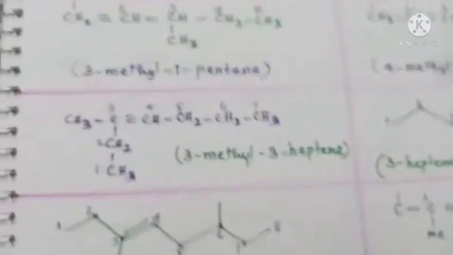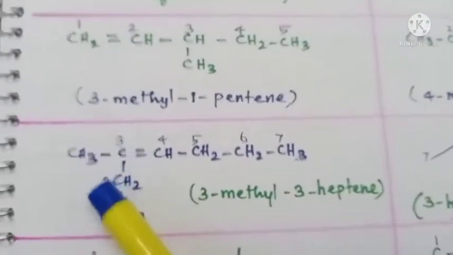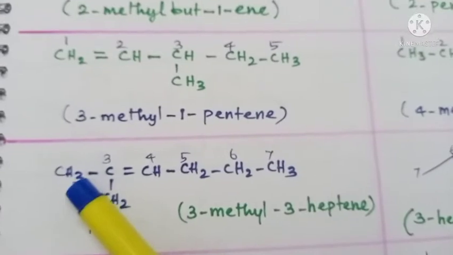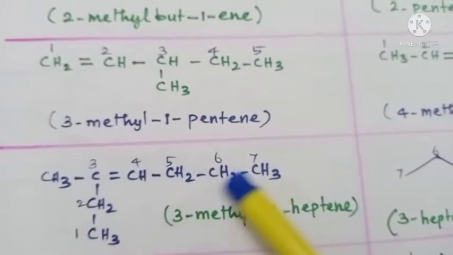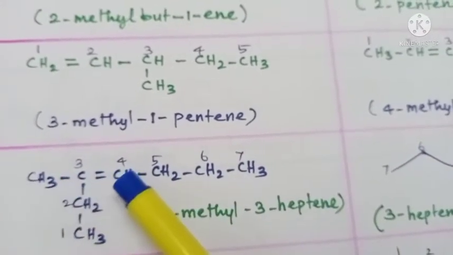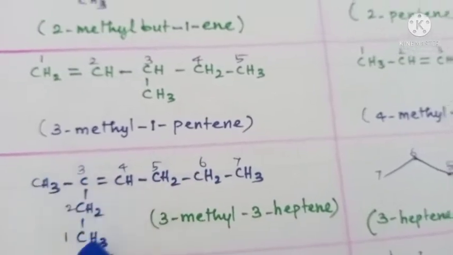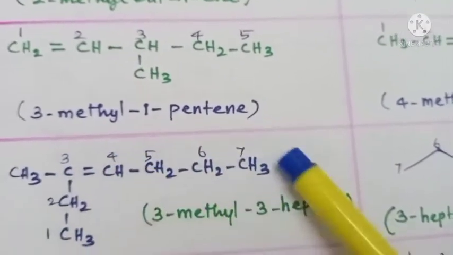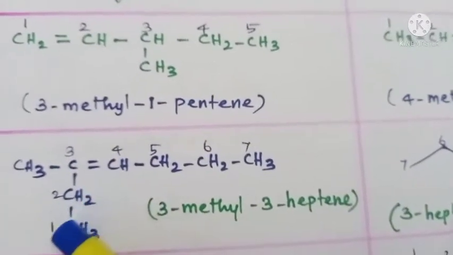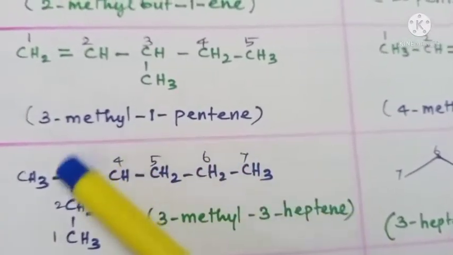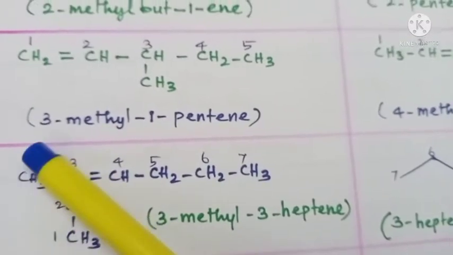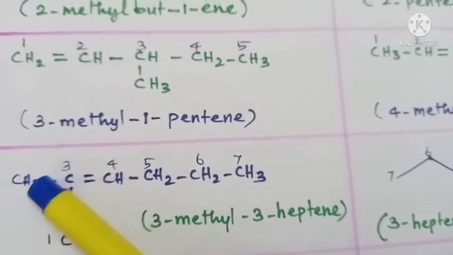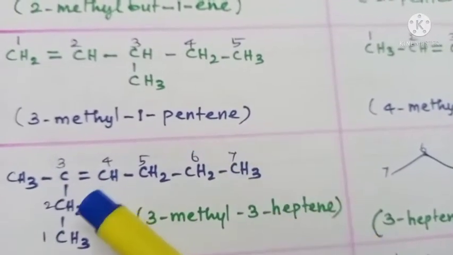Okay. So look at next one. Now this cannot be selected as the longest carbon chain because this has only 6 carbon atoms, isn't it? Now suppose if you proceed this way, you can see there are 7 carbons in the longest carbon chain. Okay. But now for this compound, this is supposed to be the longest carbon chain. Now this CH3 group has to be considered as a substituent. Okay. Right. Now there are 7 carbons with a double bond.